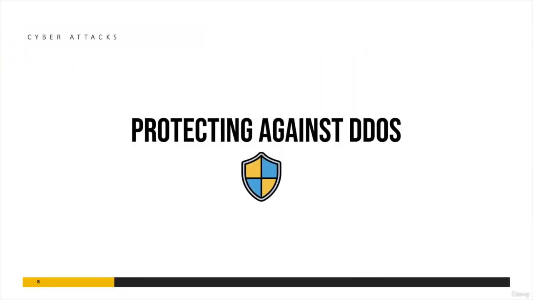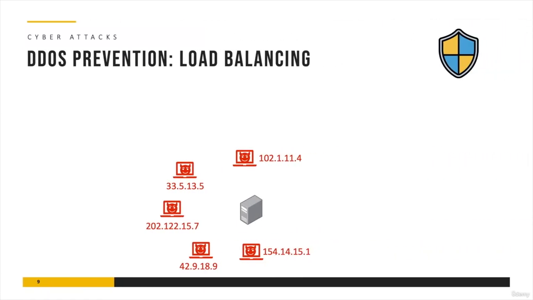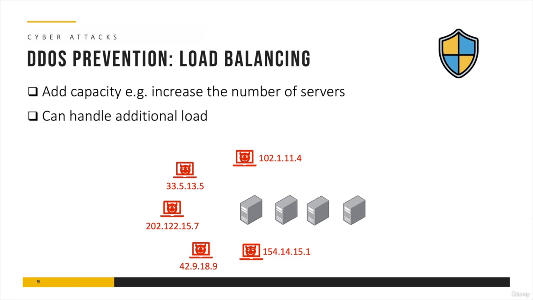So how do you protect against distributed denial of service attacks? One way is to use load balancing. In a distributed denial of service attack, you have malicious traffic coming from so many different IPs and sources. So what you can do is increase the capacity of your backend. You can increase the number of servers so that your backend is also scalable and can handle additional load. So now, instead of all of the attacks focusing on one server, multiple servers are going to take off the load and distribute it, and this provides some sort of a cushion for the organization to